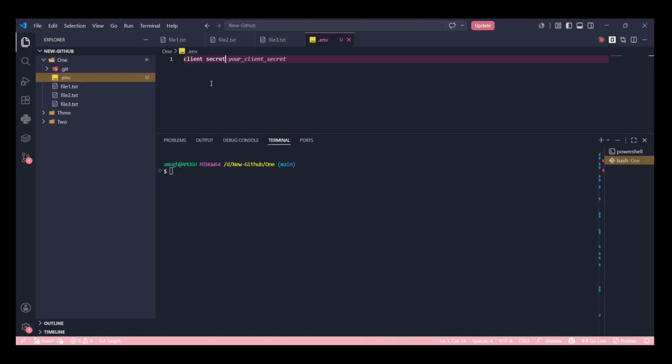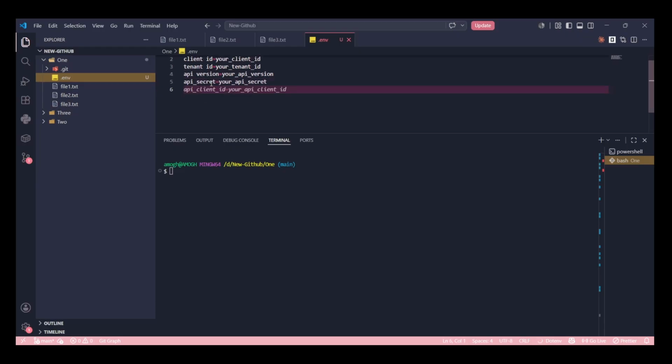I have my client secret here, my client ID here, my tenant ID, all your API keys, API secrets, everything. All the sensitive information is in the .env file.